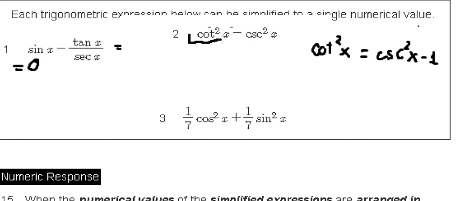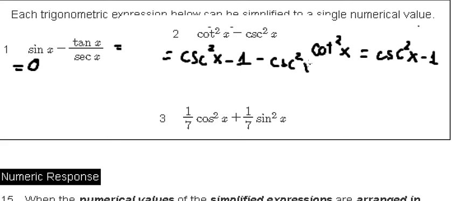So we need to transform this one into this one. So this one and this one cancel, so we just have only negative 1, and that is the